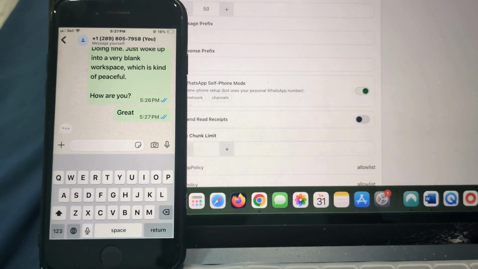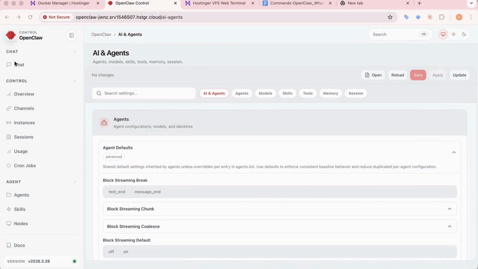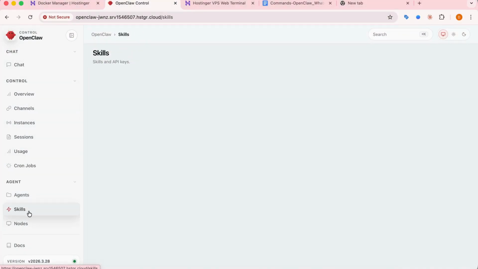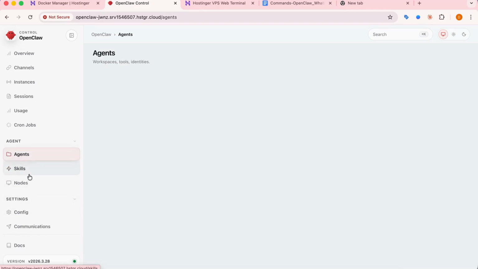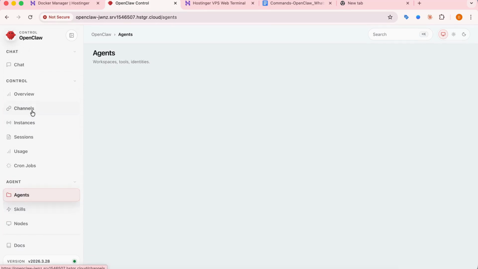And that is everything you need to set up WhatsApp on OpenClaw running on Hostinger VPS with Docker. You now have a self-hosted AI assistant that responds to WhatsApp messages from your approved contacts. You can further customize the bot by adding skills, changing the AI model, or configuring group chat access from the